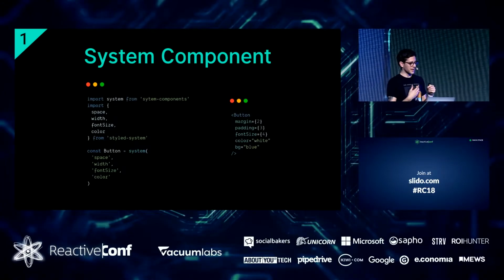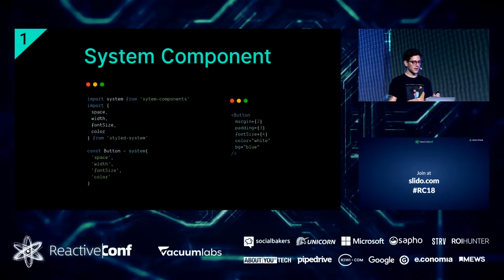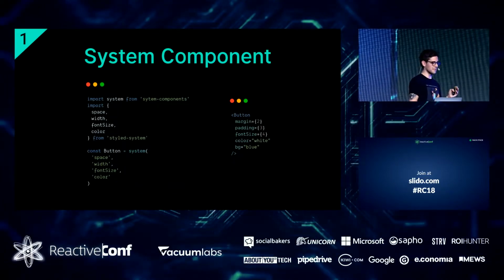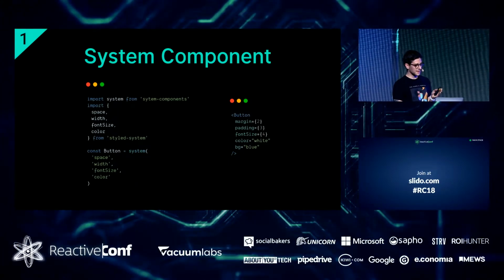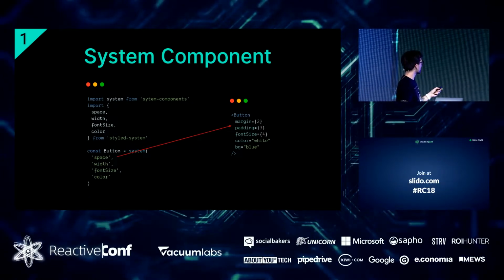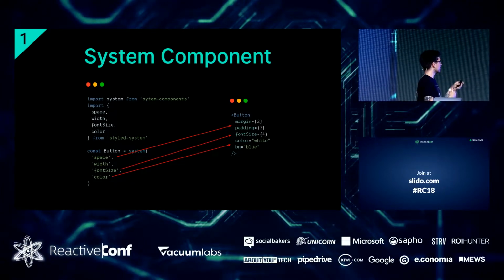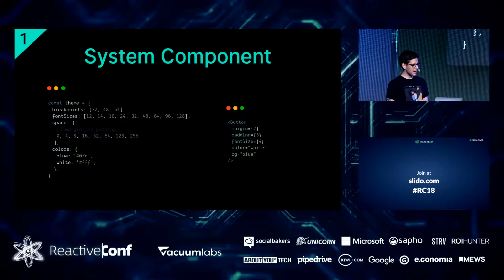And if we look at how we can implement this button before again, we just need to call the system function with a set of style groups, which we want to be customizable, where each of those groups represents a set of style properties, like, for example, this space stands for the margin and padding, the font size just stands for the font size, and this color goes for those color values. And if we look at